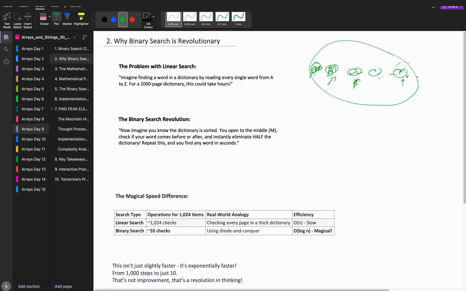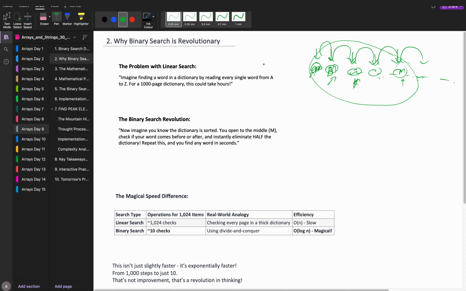I will get it. So this kind of search is called linear search, where each and every item is checked to see if it is the item I am searching for or not. If it is not, then I will move to the next item. I will keep moving and comparing till I find it. That's why it is called linear search.